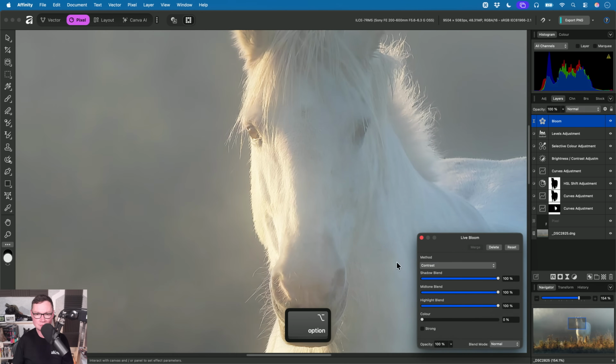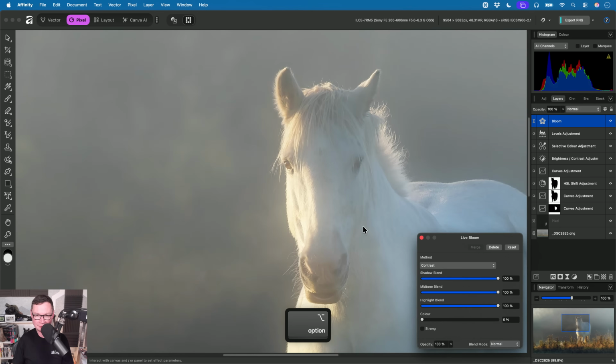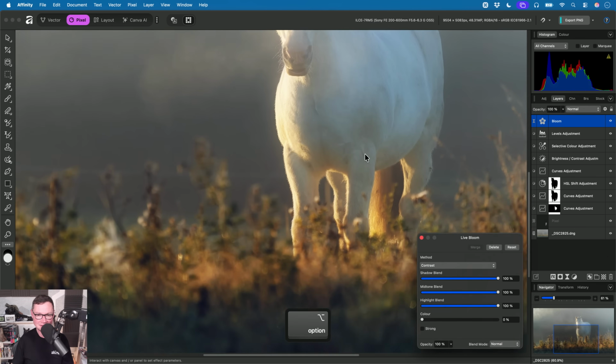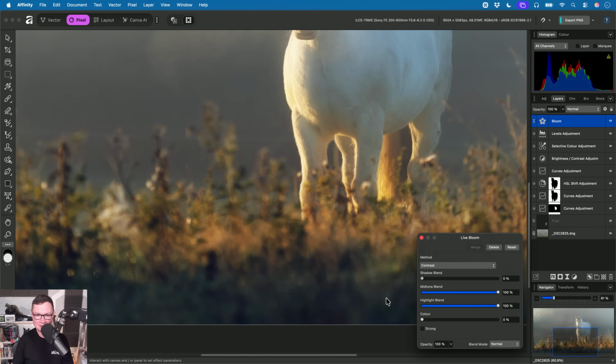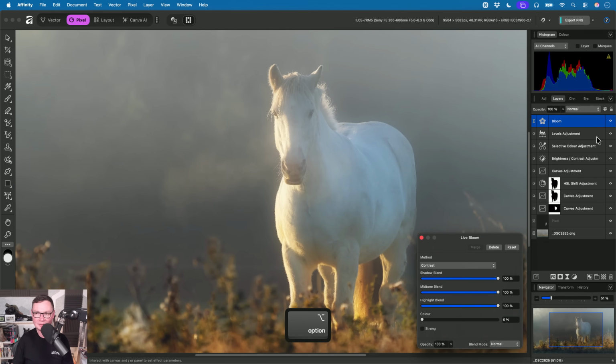So you can see, if I zoom right in, it's very subtle, but on the highlights you just get that extra bit of control. Midtones and shadows you won't really see much of on this image. Maybe down there. Yeah, there we are. It makes those areas a bit punchier down there. But it just adds this really nice subtle glow. Of course,